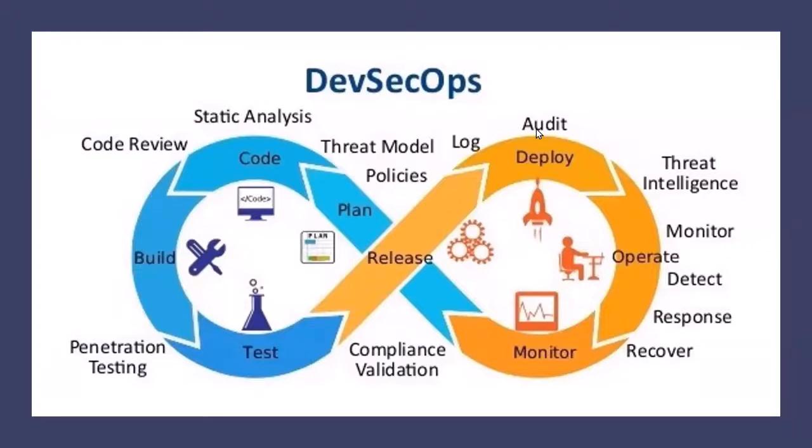Here, with threat intelligence, monitoring and detecting anything going wrong, or any IP level or port level problems, you need to do scanning on the different levels. Monitoring will be done on every aspect. You have to find a way to recover. If you are working on the data